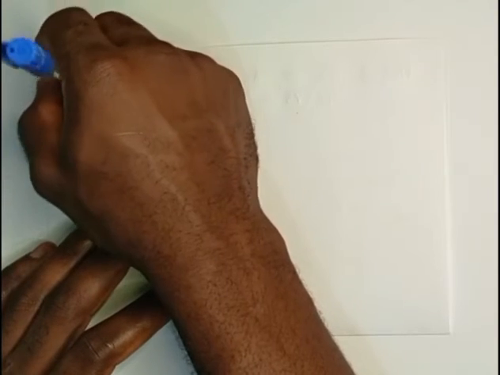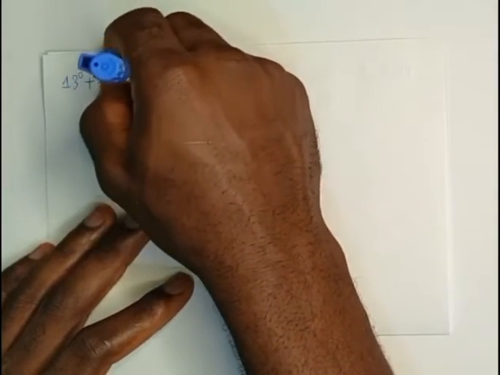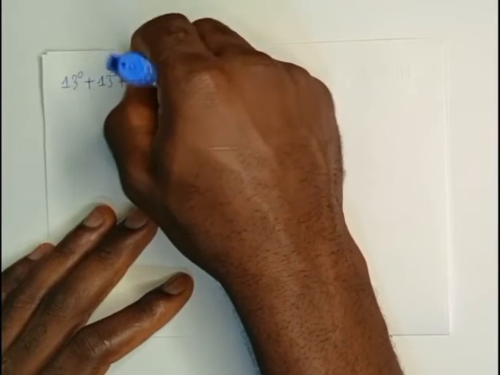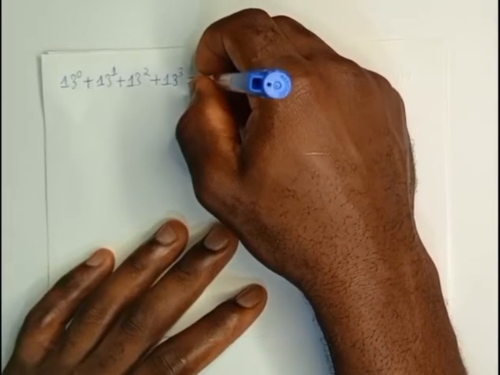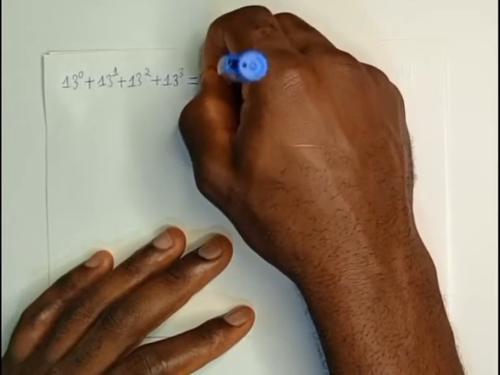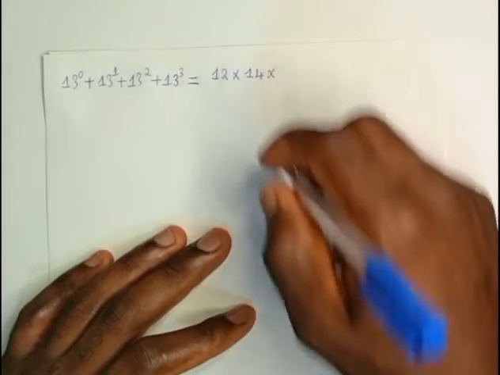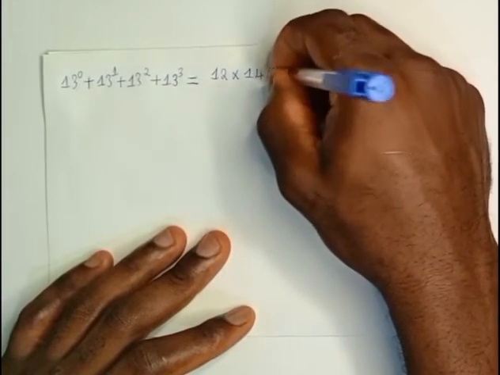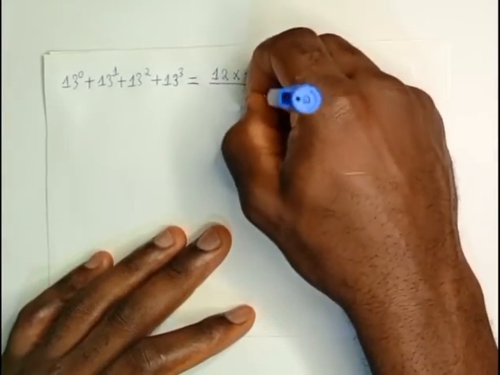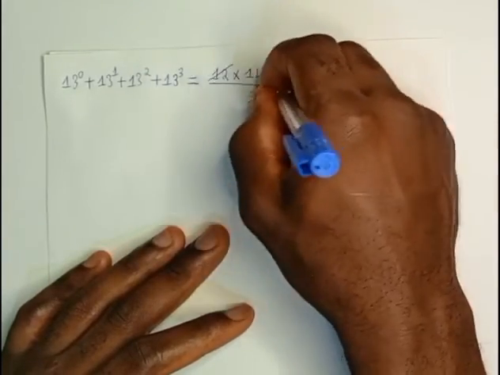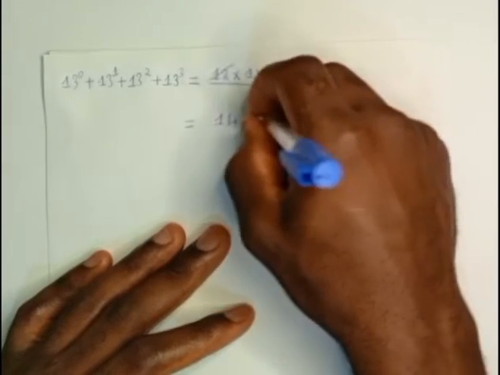This will simply give us 13 to the power 0 plus 13 to the power 1 plus 13 to the power 2 plus 13 to the power 3 to be equal to 12 times 14 times 169 plus 1 gives us 170. Then we divide by 12. 12, we strike off 12. We'll be left with 14 times